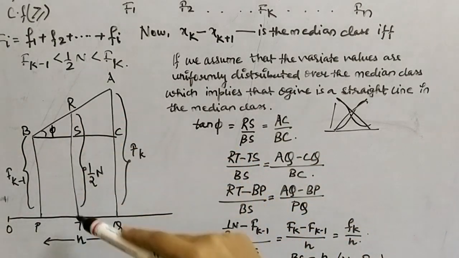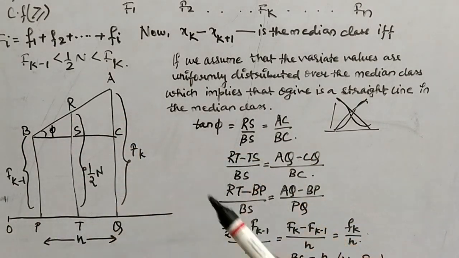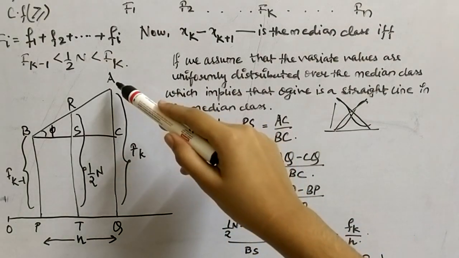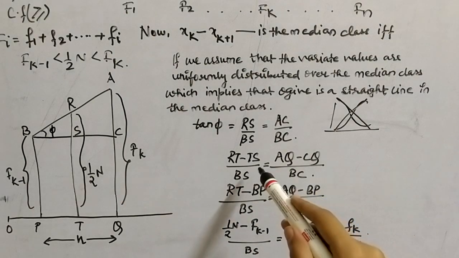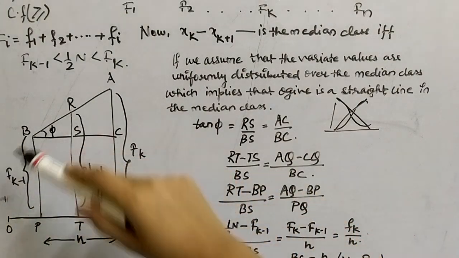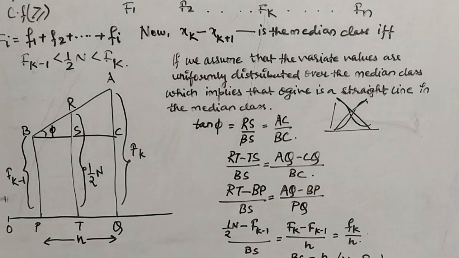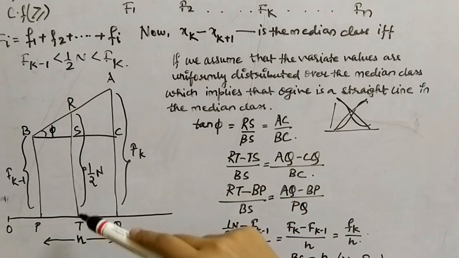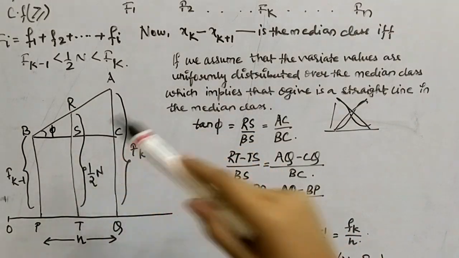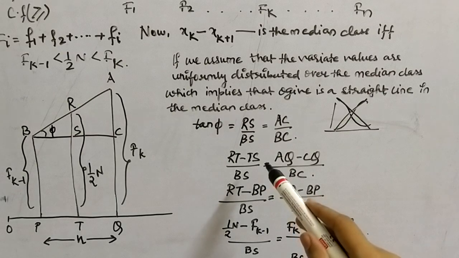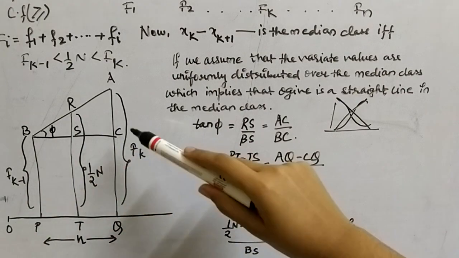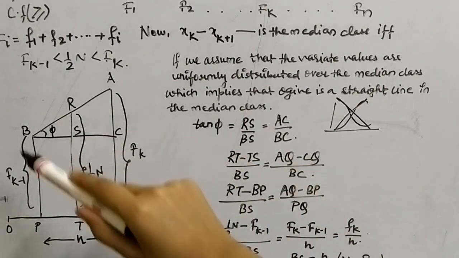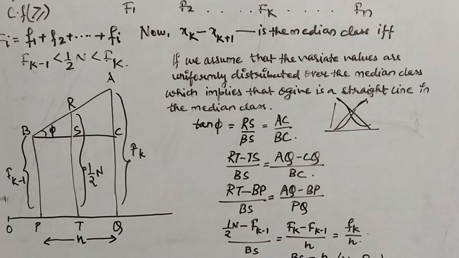RS is equal to RT minus ST by BS. Similarly, AC is equal to AQ minus CQ. Okay. Now you can see that TS and BP are equal. That's why we have written it, and also for the purpose that we have a formula for RT, which is half into N, but we don't have any formula for ST. But since BP, ST and CQ are equal, that's why we have replaced it with BP,